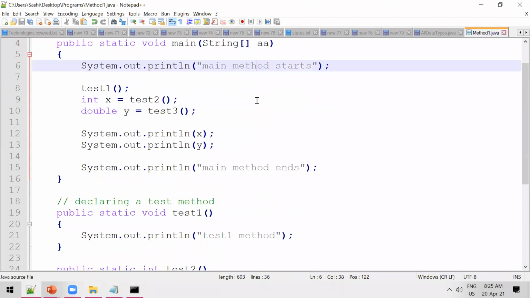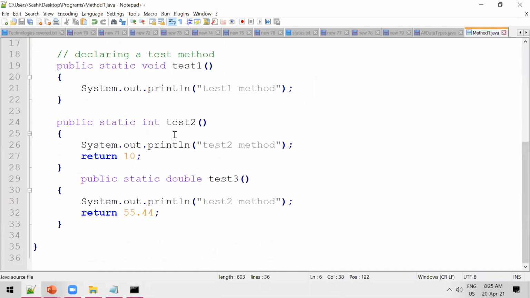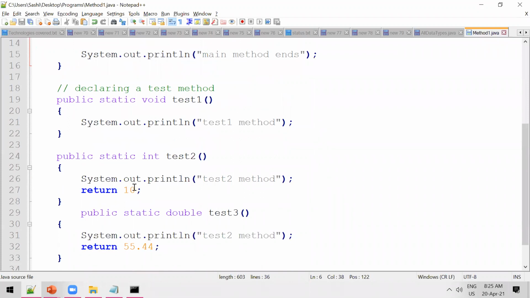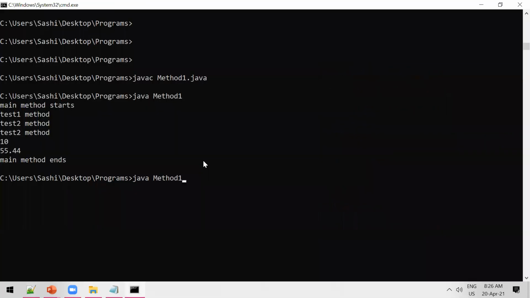Now consider we are having something like this. Instead of returning int type, consider I am trying to return float type. What will happen? This is a floating return type, right? Or string type, anything you can say. I am trying to return some string value. This is not correct, right? Return type you have mentioned int type, but you are trying to return string type. Same data type only you need to return. If you are mentioning different data type, you will get issue, right? Let's compile again.